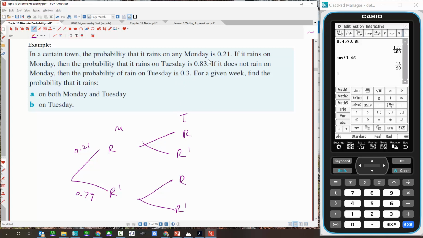If it rains on Monday, then the probability that it rains on Tuesday is 0.83. So rain on Monday, rain on Tuesday, 0.83, which means that's 0.17. If it doesn't rain on Monday, so not rain on Monday, the probability of rain on Tuesday is 0.3, and 0.7. What's the chance that it rains on both Monday and Tuesday? So we're going to have rain followed by rain. So this one here is going to be 0.21 times 0.83, which is